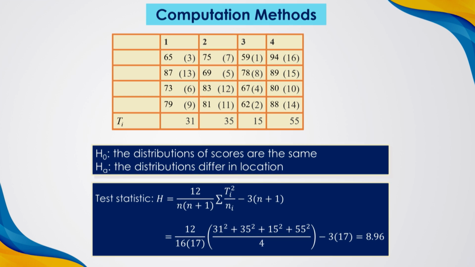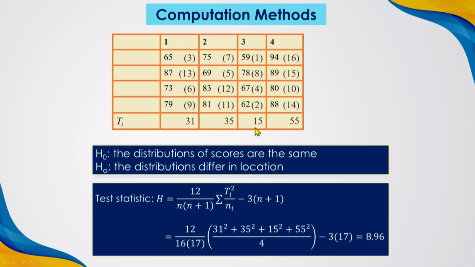If you see this total data, 65, 75, 59, 94 and all these values, 59 again within brackets, that is rank 1, and rank 2 means the next highest, then rank 3 will be the next highest and so on. All these 4 times 4, that is 16 observations, are to be ranked in such a way. Find the totals of the first group, second group, third group, fourth group: 31, 35, 15,